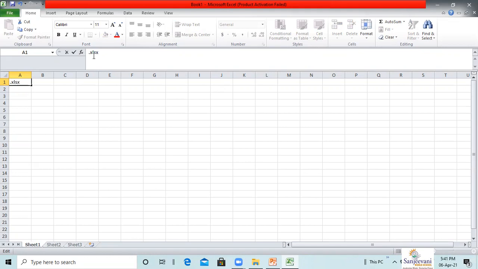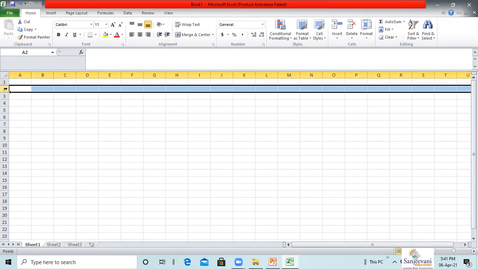Next is the row. It is an arrangement of cells in the horizontal direction. This is one row, this is the second row, the third row. Each row on the worksheet is identified using a number.